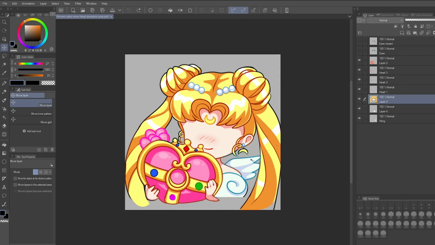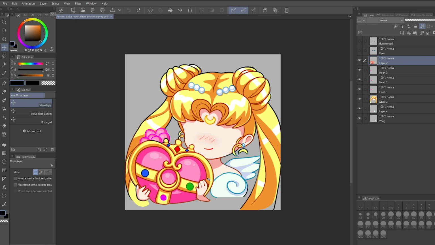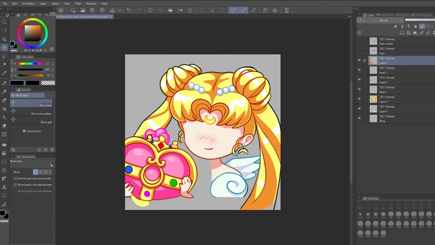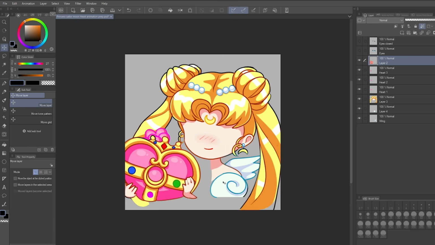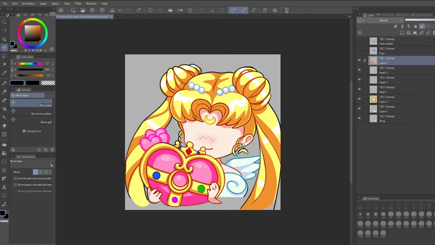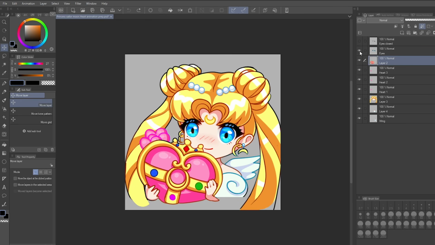Something like if I thought the heart was going to move all the way over here or something, I'd have to fill in this, right? I'd have to fill that in. But I know that I'm only going to do a little bit of moving, so we're good. And then the eyes, and then if you're going to do a blink, you're going to want to do a closed eyes version too. So this is how I've set it up. And then I've also named my layers. I missed naming a couple, so I'm just going to call this shoulder, and I'm going to call this one